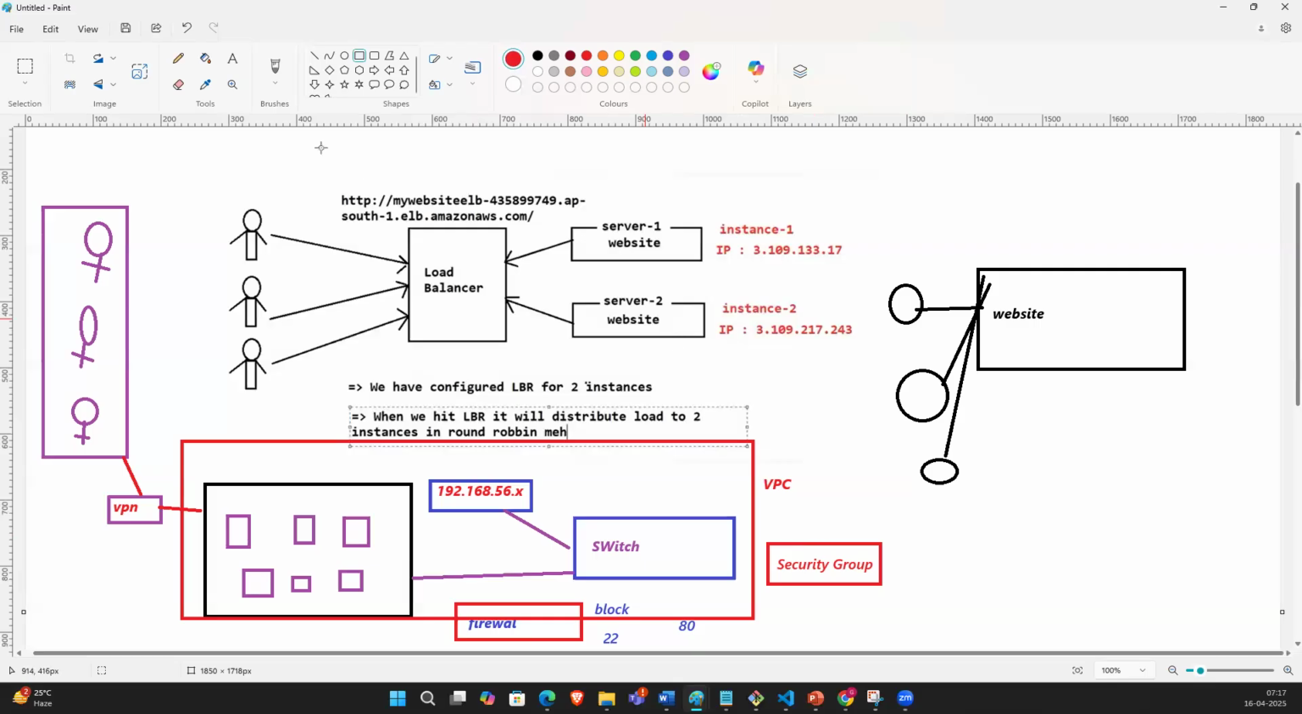So we are creating a security group. I will show you how to create this one. So my web security group. Here I'm allowing only 22 port and 80 port for HTTPS. Okay. So here a VPC having something like a default